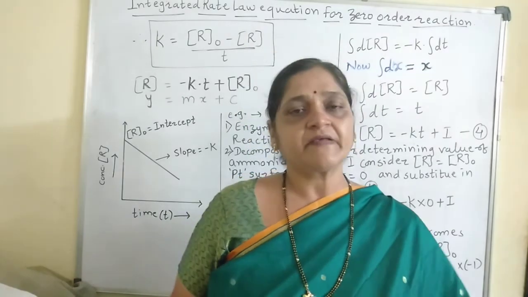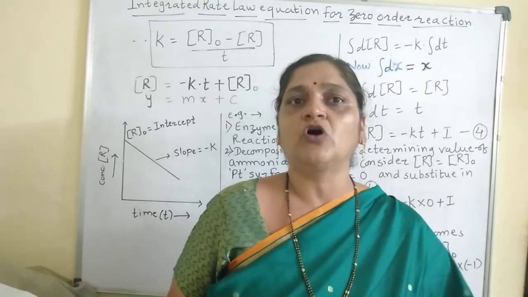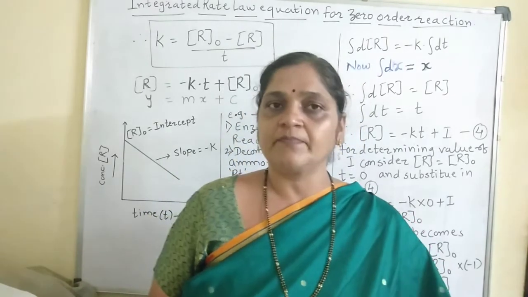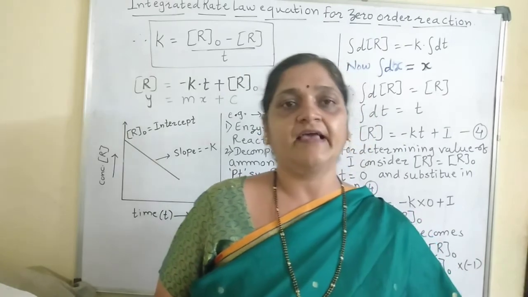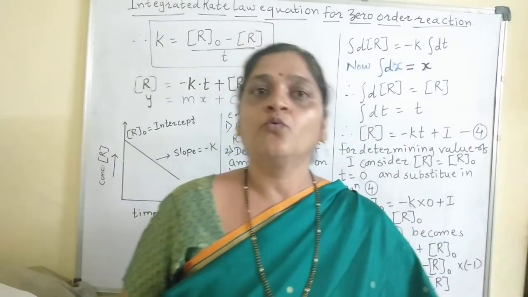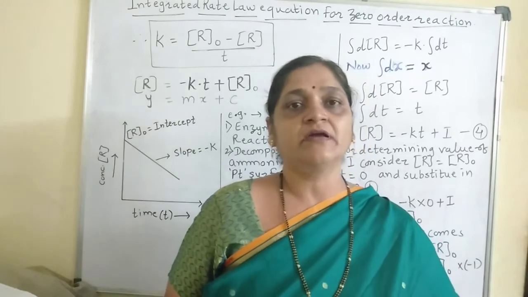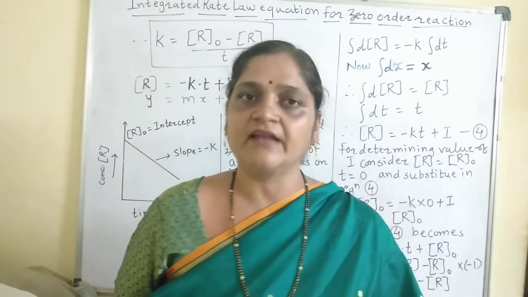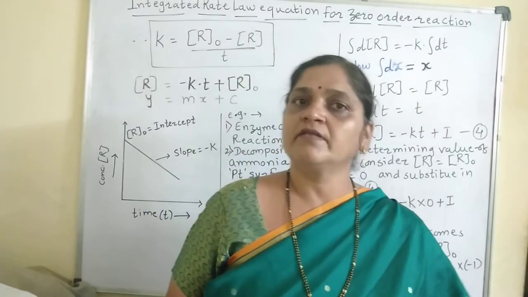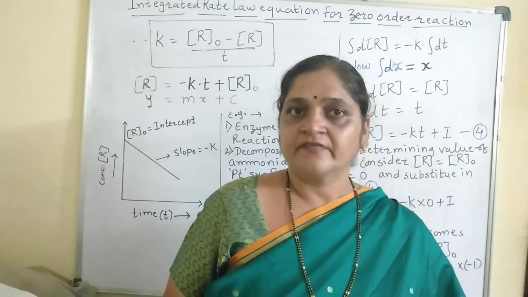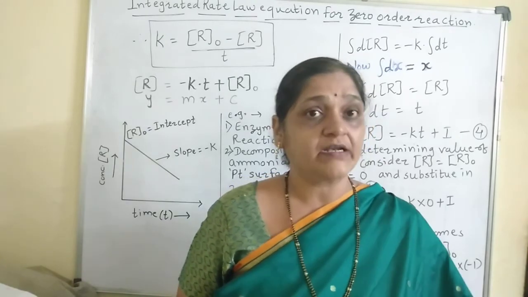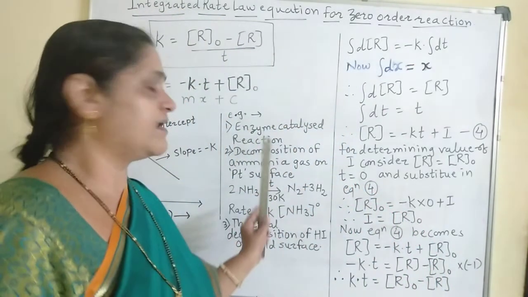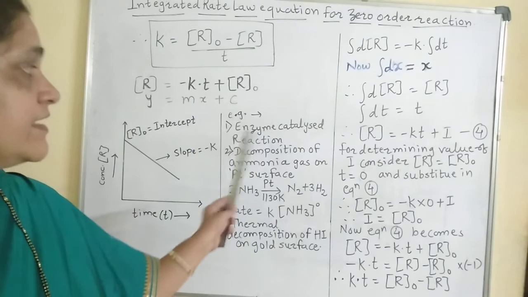If a reactant is present in a huge quantity, it will not convert completely into product. It totally depends upon how much enzyme is present in the reaction, which will convert how much of the reactant into product. If the reactant is present in a huge amount and the enzyme is present in a little amount, then the product will also be formed in a little quantity. So here the reaction rate does not depend upon the concentration of the reactant. That is why these enzyme catalyzed reactions are zero order reactions.